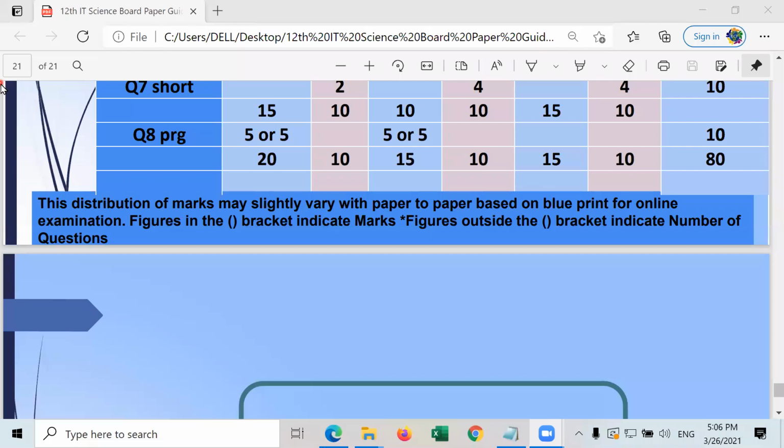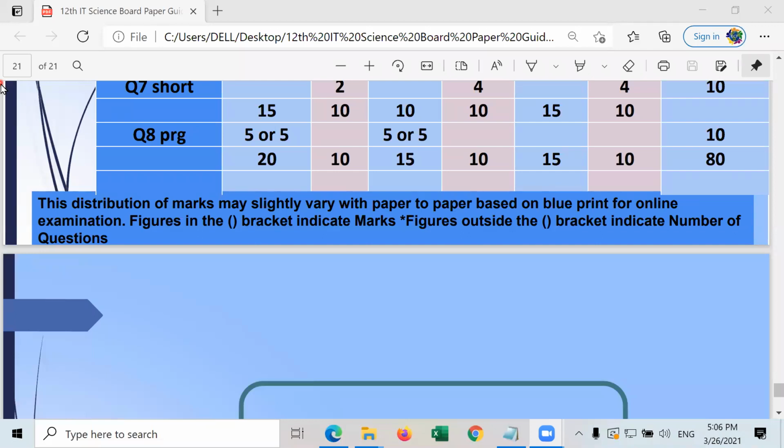Sir, for filling the blanks, is it case sensitive? You do not have to worry about that. It's not case sensitive. As I told you earlier, the first question, 7th question, and 8th question will be assessed by the IT teacher. So don't worry about cases.